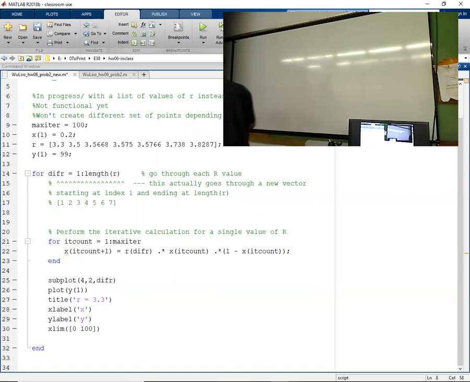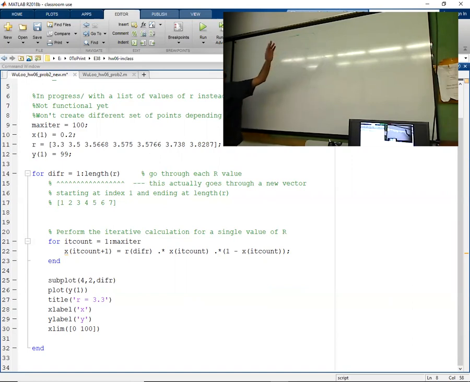Okay, so subplot, what it does is it sets up a frame for us like this, right? And this one says 4, comma 2. So 4 is how many columns or rows? Rows, right? So basically, there's a spot here, a spot here. The spots don't actually get drawn, but they're just placeholders in MATLAB, okay? And then it's just empty, okay? And then if I say differ, that differ refers to which one of these panels I want to plot into right now. Like it says, the next set of plotting commands, the next set of visual commands need to go